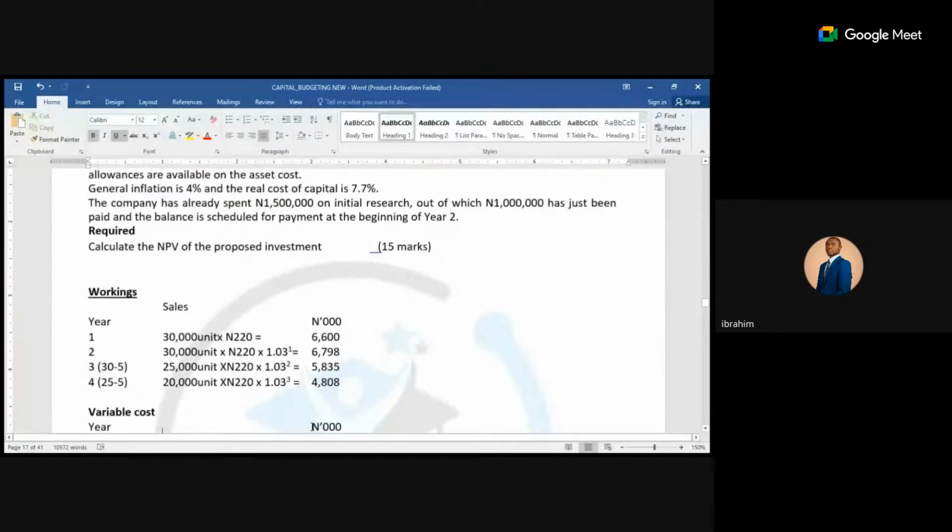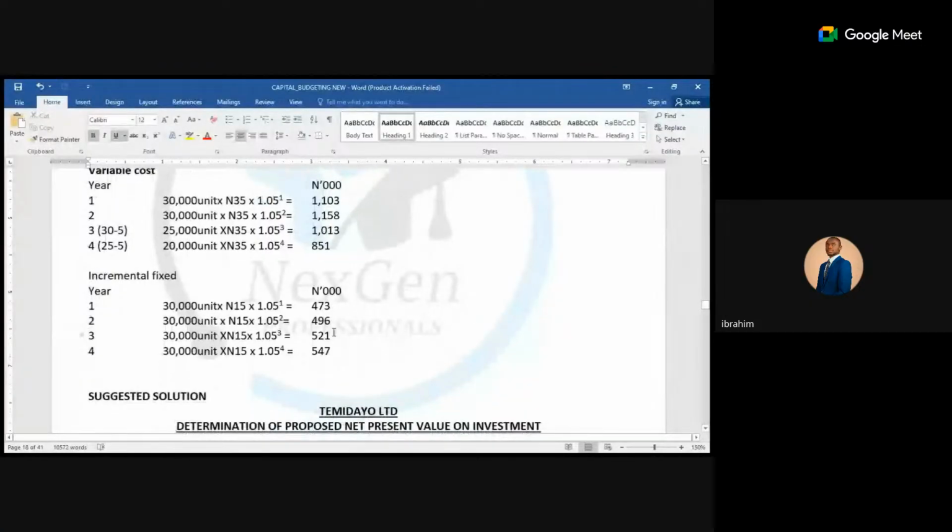And what was their answer? They have the same days. Did they have 473? No, it's changed. Did they have 473 or 496? 521? Okay, that's what I'm saying. In the solution, some figures change, like where you are using 15 naira, you use 0 point something dollar. So okay. Yes, I understand. Thank you so much.